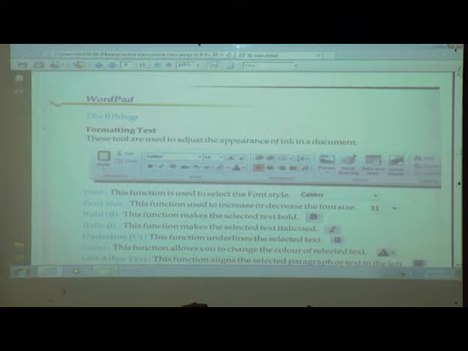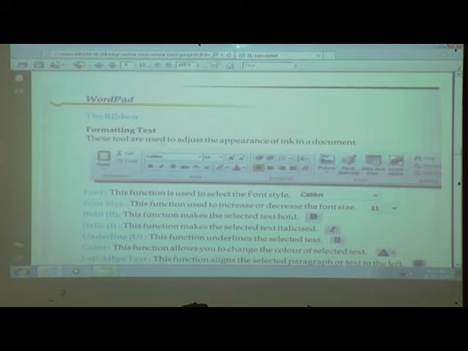Now of these 4 components, we discussed in last period title bar and WordPad button. Now we will see about the ribbon, and afterwards we will see about the quick access toolbar. Now what is the use of ribbon? We will see later. Formatting text. Ribbon means what? Formatting text.